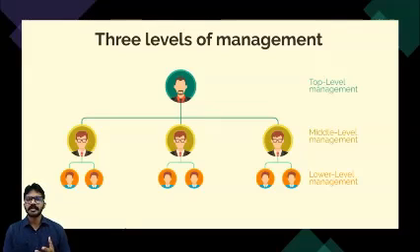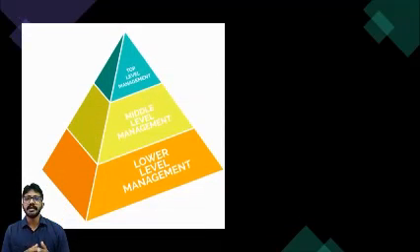Any management or any organization will have three levels of management, as shown in the figure. The topmost level is called top level management, where usually the directors or chairmen will be present, and middle level managers, where the different department heads will be present. And the lower level management, the bottom of the pyramid, are usually the supervisor levels. So this lower level management can also be called supervisory level. Let us see them one by one.